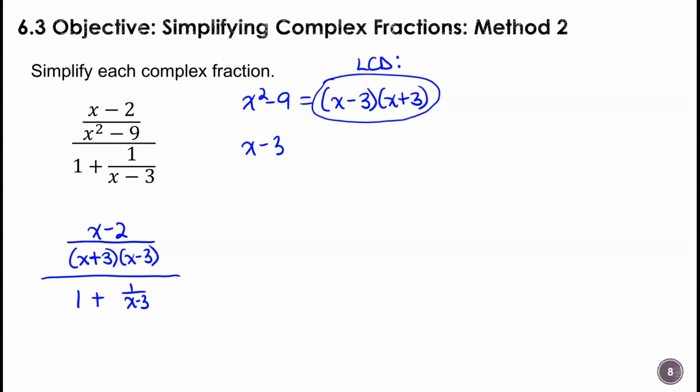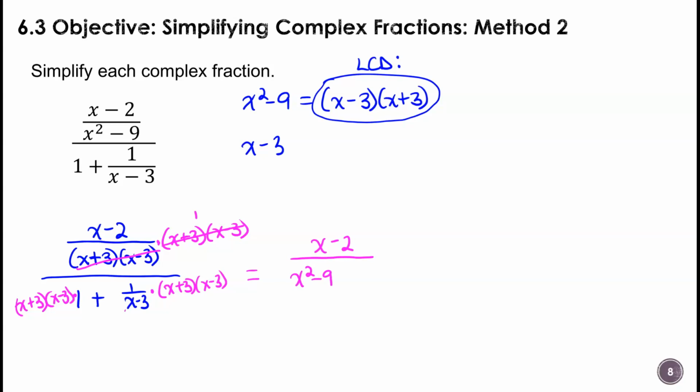Okay. You could write it either way, but usually it's better to work these out in factored form to keep you from making mistakes. So you can see the entire denominator is going to be eliminated. And then I just am left with an x minus 2 in the numerator. And then on this, I have to multiply both terms by the x plus 3 times x minus 3. And on this one, I'm just multiplying by 1. Well, I already know that that is going to be x squared minus 9. And then on this one, I remove the x minus 3, and I'm left with 1 times x plus 3. So that's going to be plus, don't forget this plus